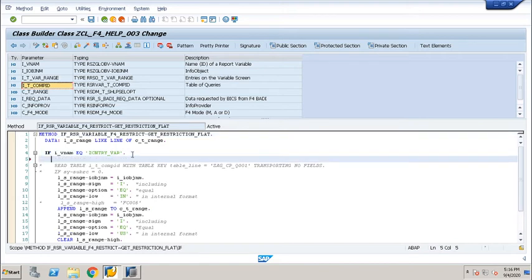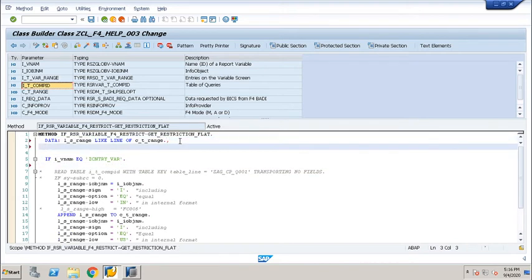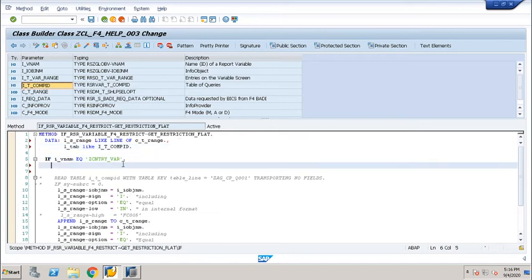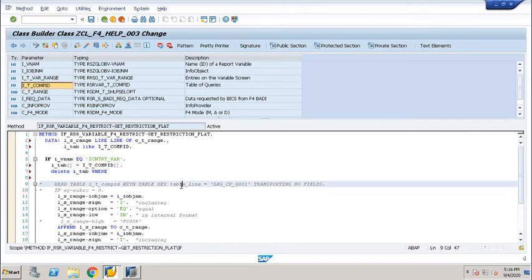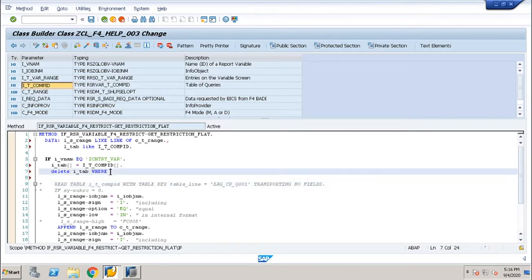What we have to do is create one standard table like this, and pass that value into this table itab. I have created one itab, and I will delete the values of this itab where the line is not pattern with, let's say, star, because the structure is the same as the standard input parameter table.